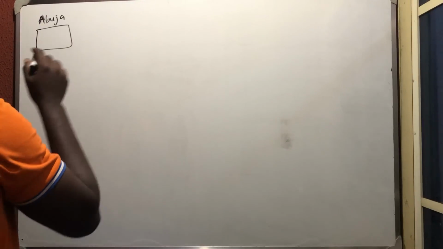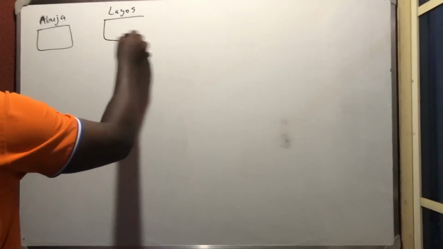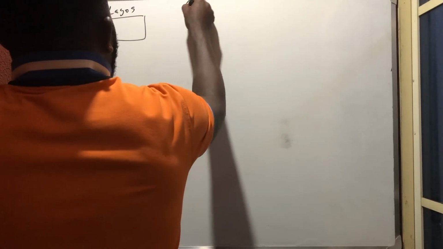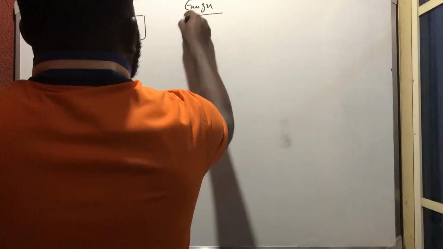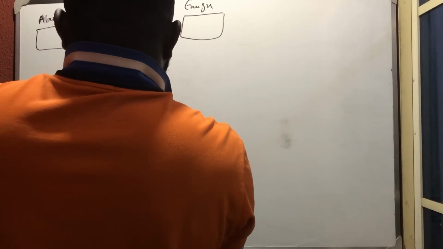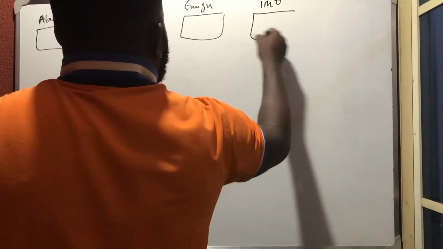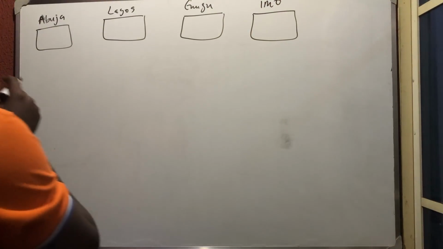Then the second place is Lagos. This is for the conference in Lagos. So the next one is Enugu. This is for Enugu. And then the last one is Imo, and this is for Imo. So now,